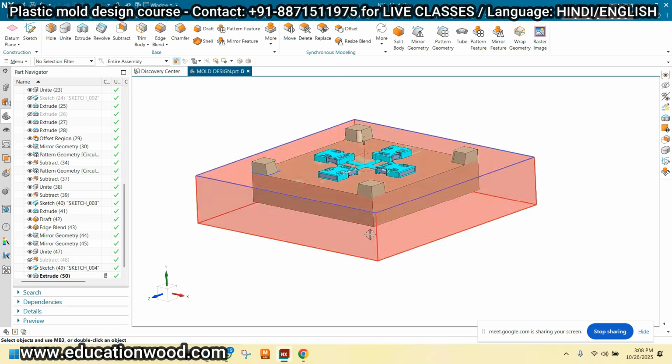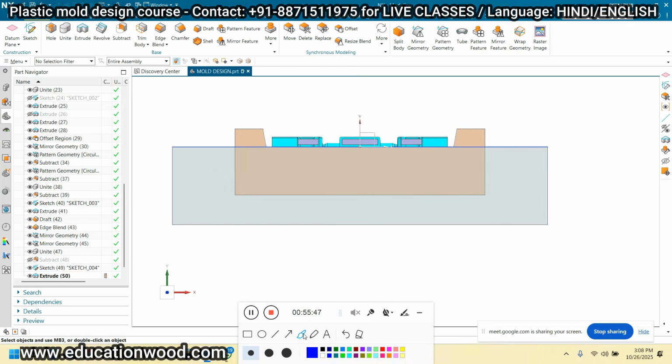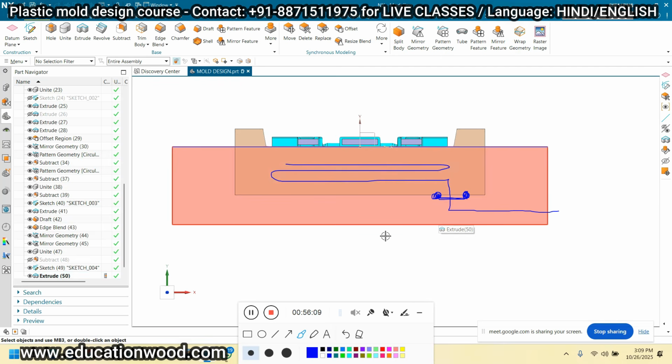Now see again, the cooling channel will be like this. From here, it will be inside this, right? So here will be the o-ring or the gasket, which is used for preventing the leakage. And now it will circulate like this inside this.